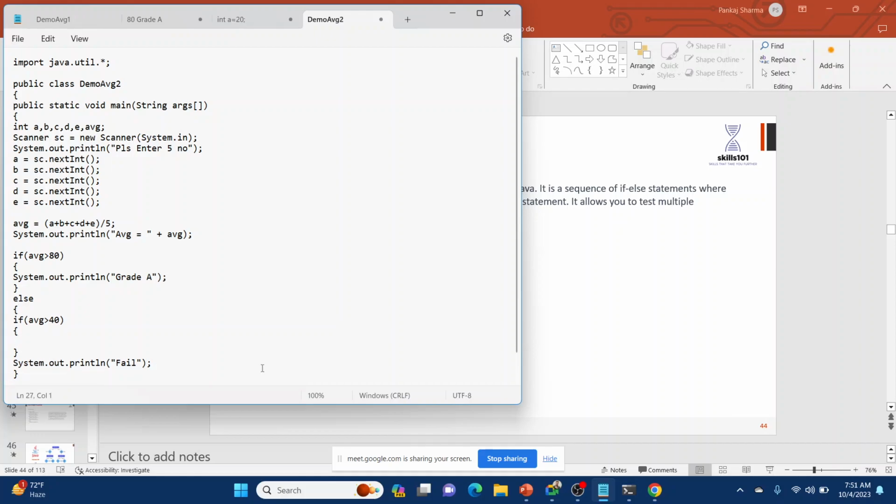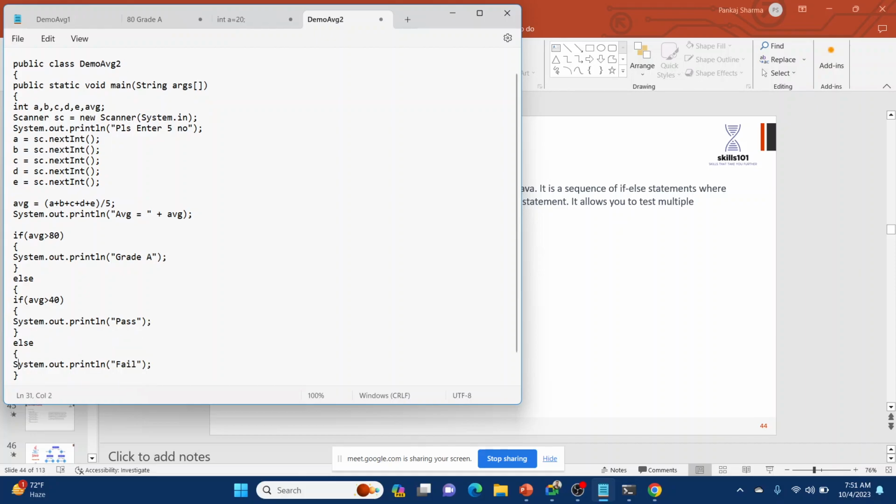So it is System.out.println, it will print pass, or in this else it will print fail. You can close this else also.